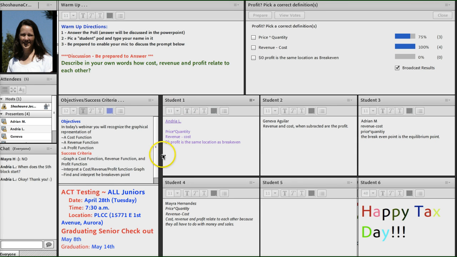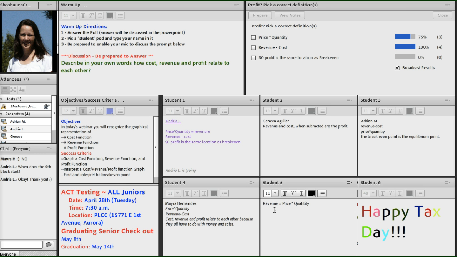All right, so I'm going to look at Andrea's part, and Andrea puts the price times quantity and then revenue minus cost, and 0 is the same location as a break even. So she put those things. If we have price times quantity, what does price times quantity equal? It equals either revenue, profit, or cost. Which one is it? Anybody know? Cost. Revenue. So I'm going to go ahead and type that: revenue equals price times quantity